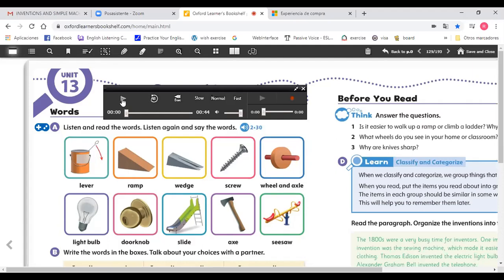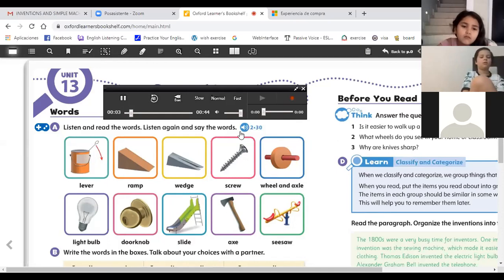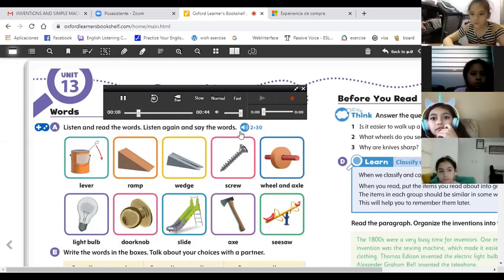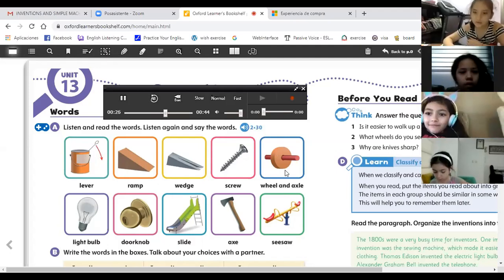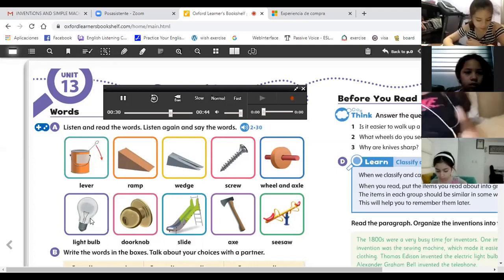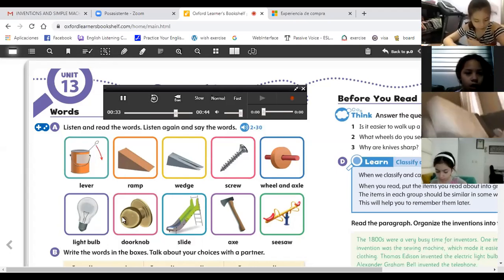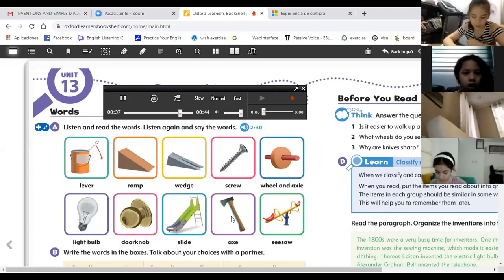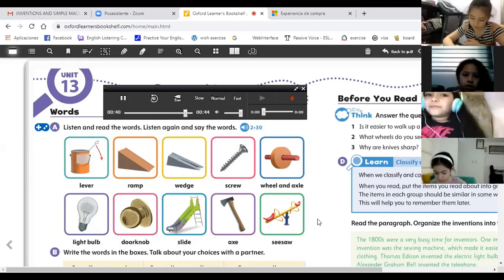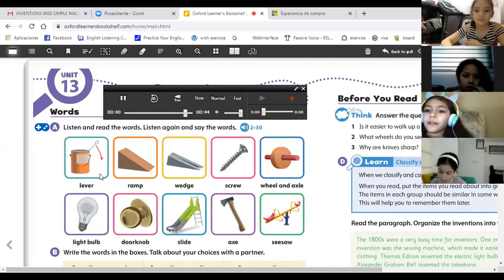Let's do it again. Page 128. Unit 13. Get ready. Words. A. Listen and read the words. Listen again and say the words. Level. Ramp. Wedge. Screw. Wheel and axle. Light bulb. Doorknob. Slide. Axe. Seesaw. Great. Now,